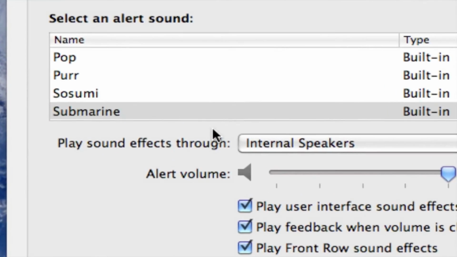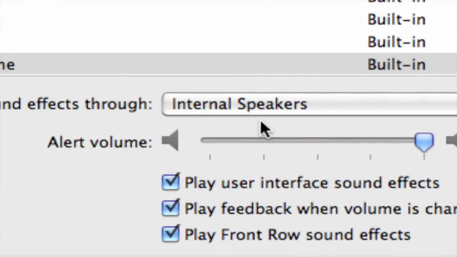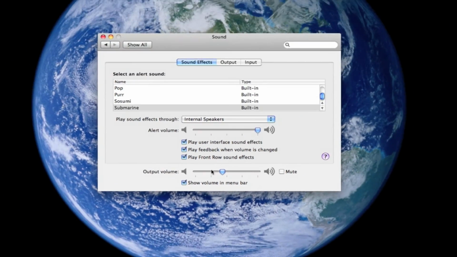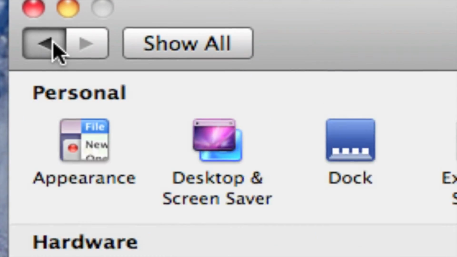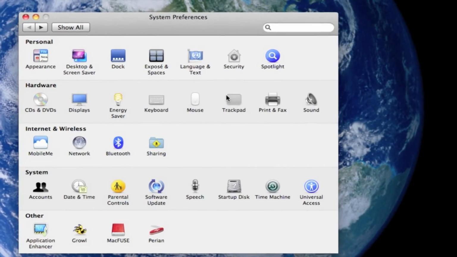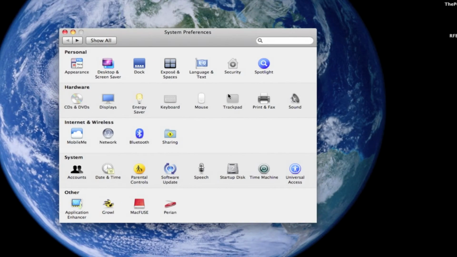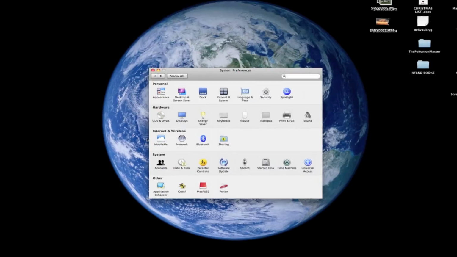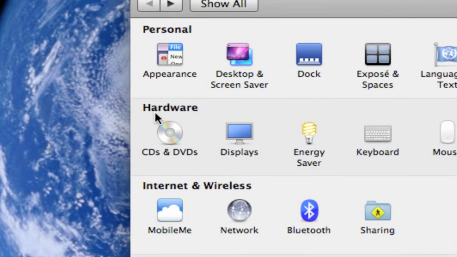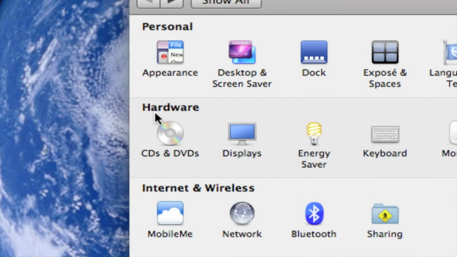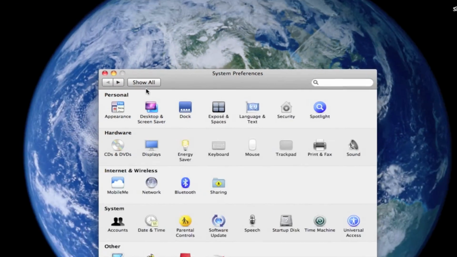This is for when you get a new message on your email, it'll make the sound effect, or if you make an error on your computer, it'll make that noise. All sorts of stuff for that. So this has been the hardware section of my system preferences